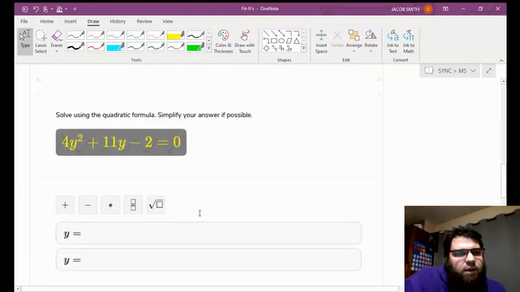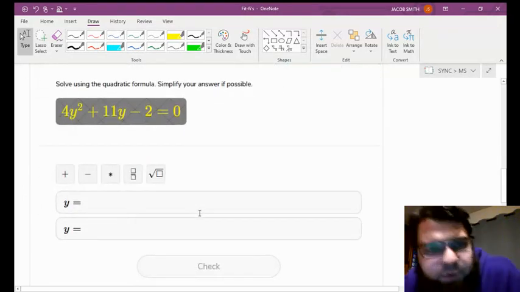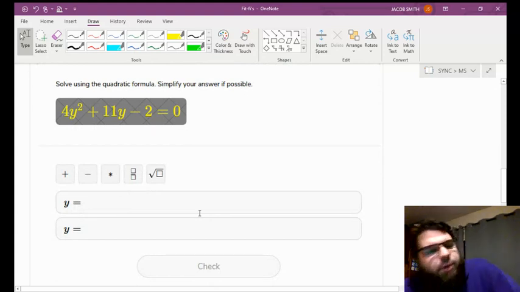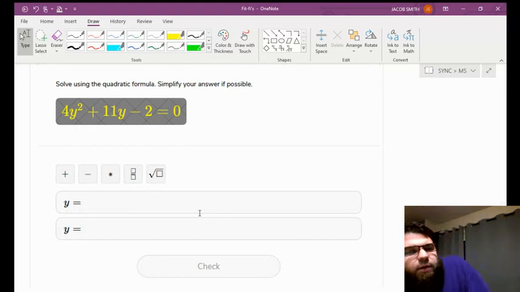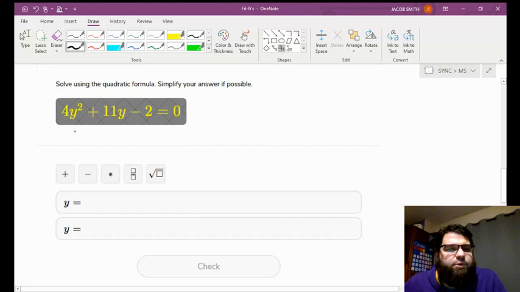All right, next one, you're supposed to solve using the quadratic formula. I want you to pause the video and try to write that down without any help first. So go ahead and do that. And then after you do that, hopefully this is what you wrote down. x equals